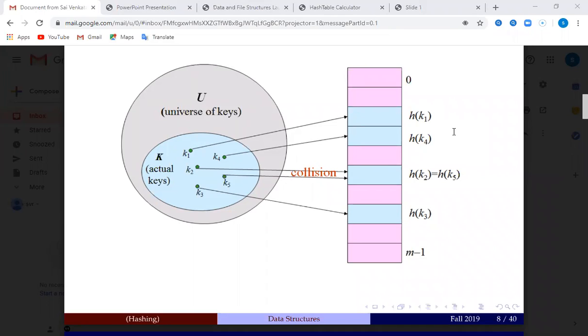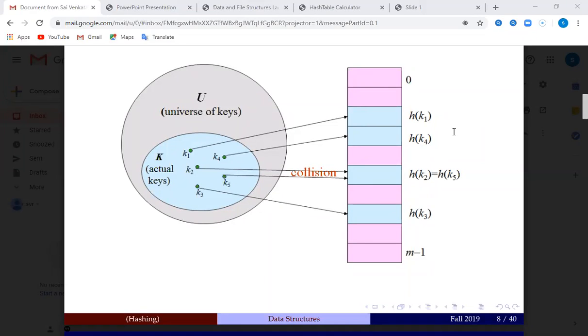Sir, the answer is the remainder. Yes, very good. If you do the division, the value that you get as the remainder is the result of your modulo division.